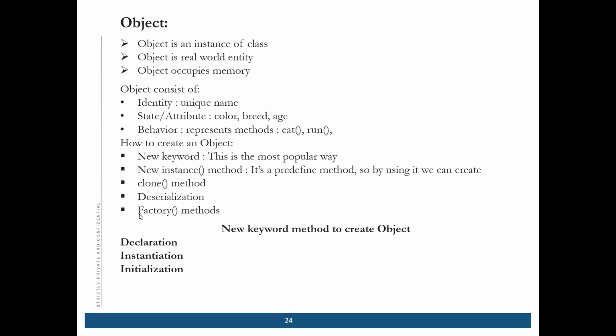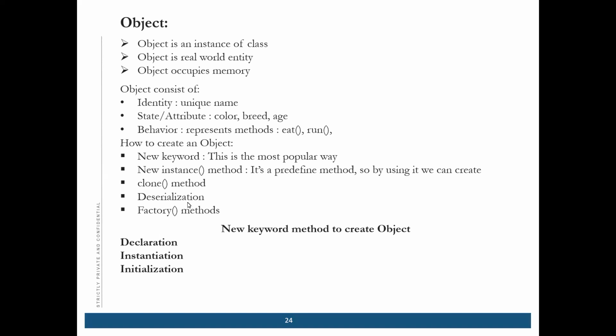There are 5 different ways, but we will focus only on one, which is the new keyword, and this is the most popular way to create an object. Sometimes some people may ask you what other ways there are to create an object. So these are the three, four ways, but you just need to know the theory that these are the ways we can create an object, but nobody asks you how you will create it. Okay, so just for your knowledge, I have included it here, like with the help of the newInstance method,